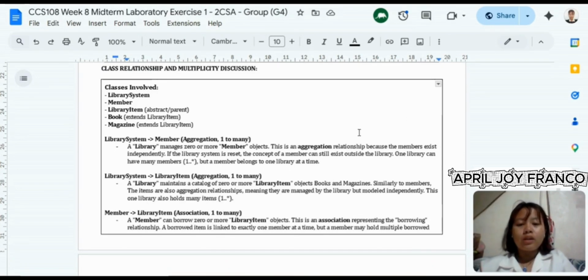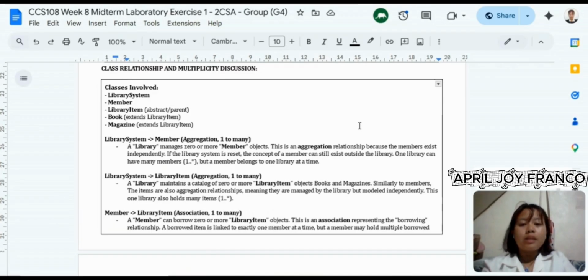The second one is the library system and the library item. This is also an aggregation relationship. The library system has a private attribute called catalog, which is a list of library item.